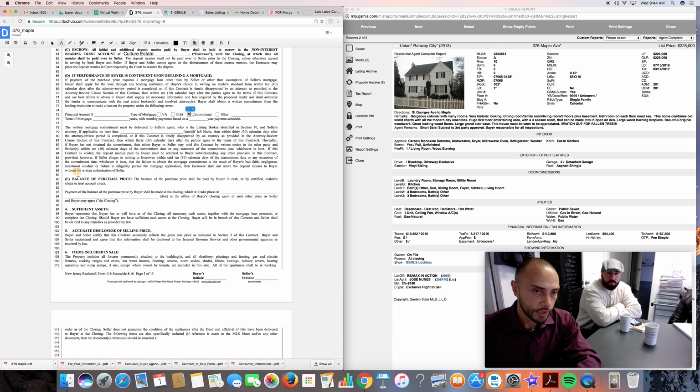Then here it asks for the balance of the, I'm sorry, I skipped the line. Here it's going to ask you when you're going to have a commitment on this loan by. Normally, what I like to do is give my clients at least 30 days to get a commitment, if not more. But we just stick to 30 for now. February is a short month, so I'll give them the first week into March. So let's just say March 7th,